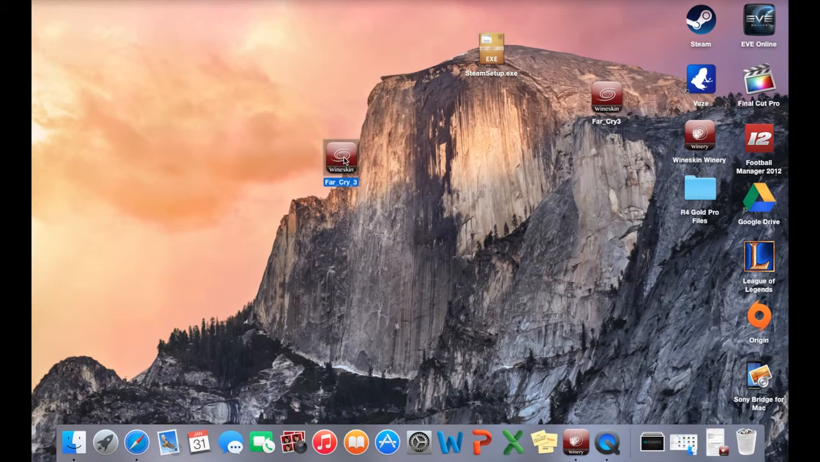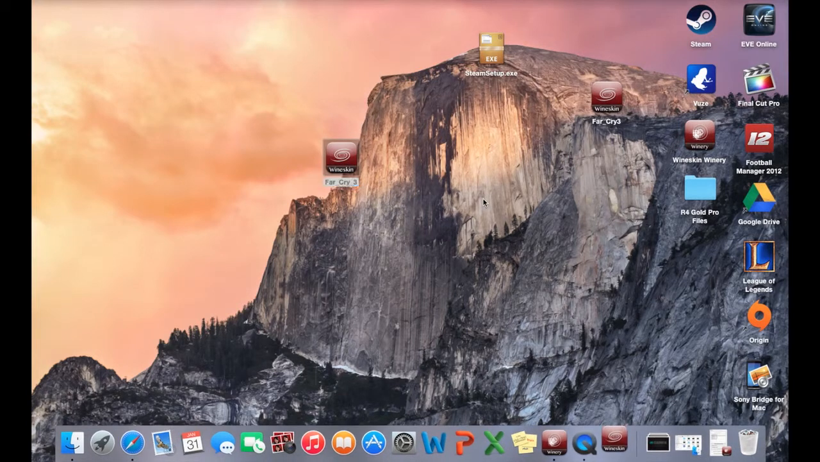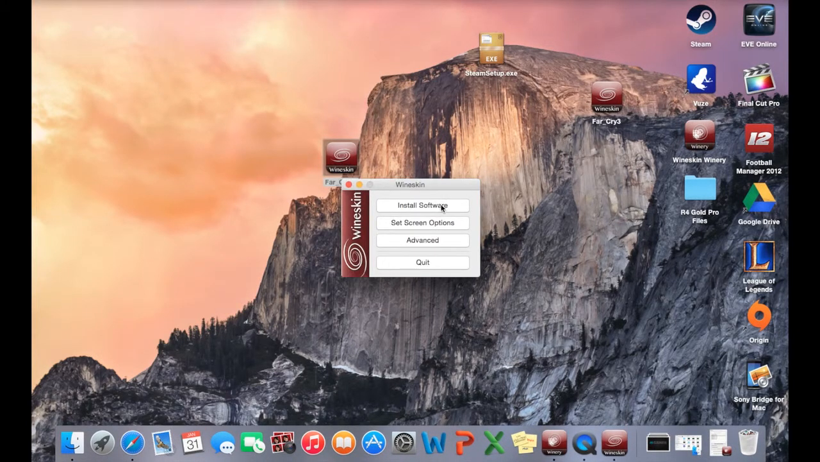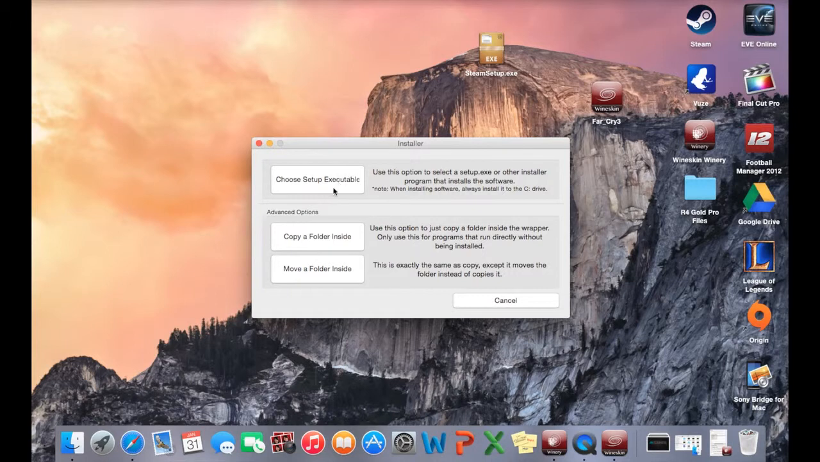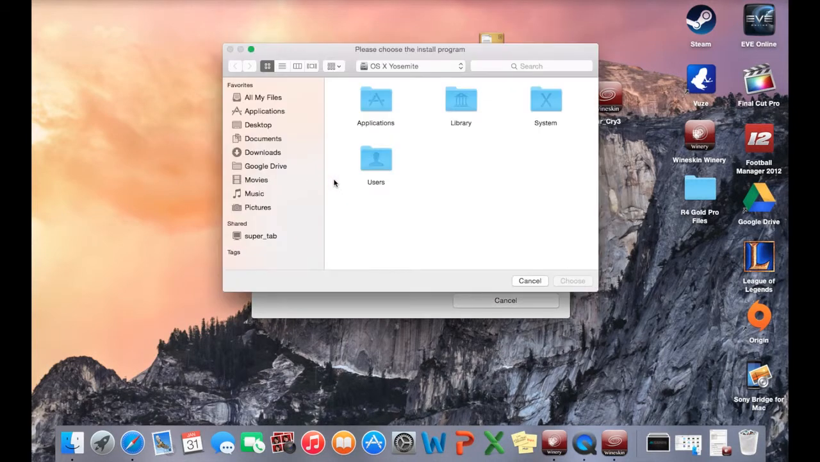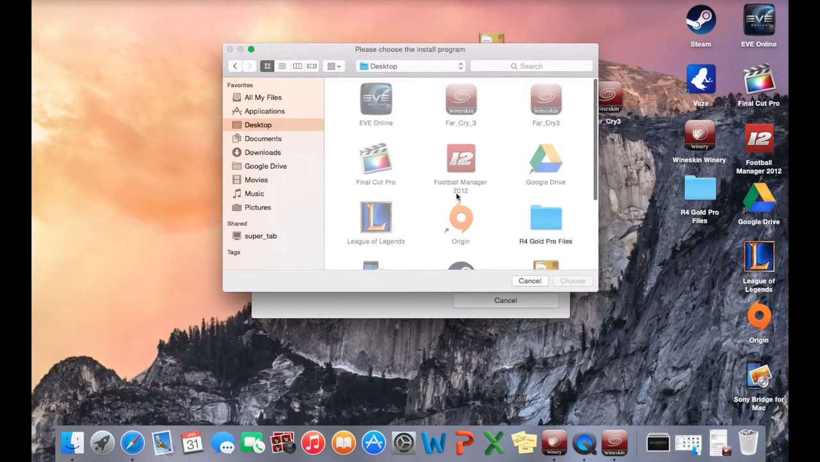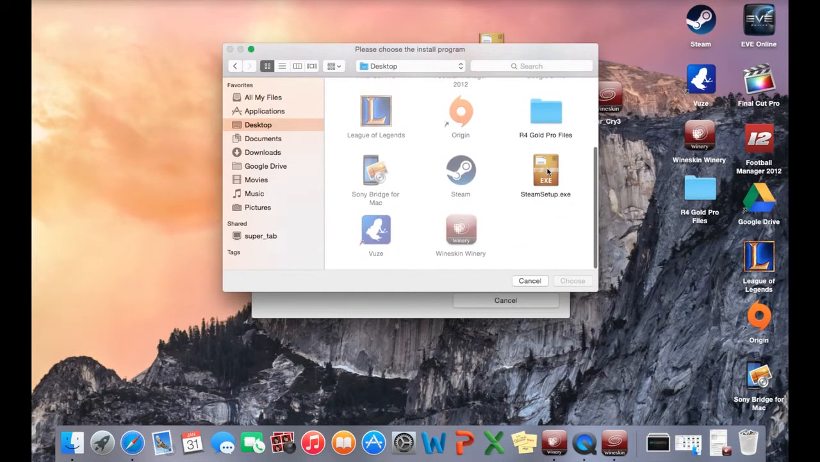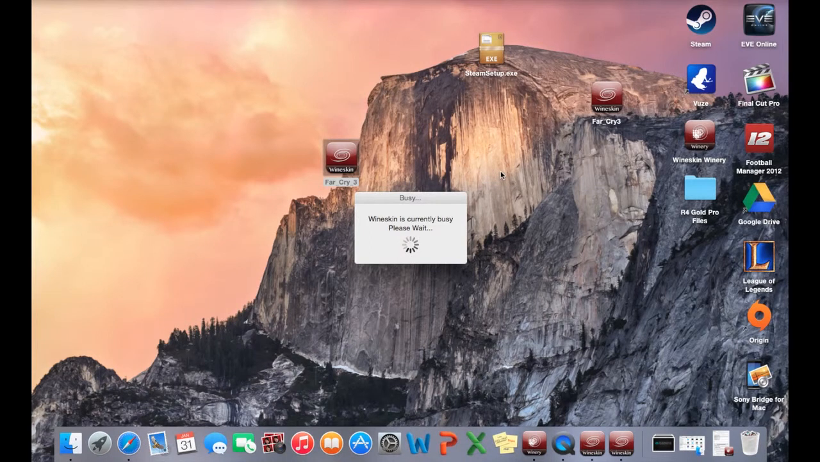Now what you want to do is double click on the wrapper itself to launch it. Then you want to click on Install Software. You do this one here. And then you find your downloaded Steam Windows installation file, and you double click. So now Wineskin will actually launch the setup and then you can install Steam itself into the wrapper